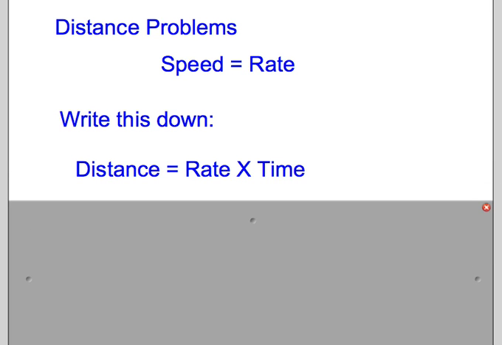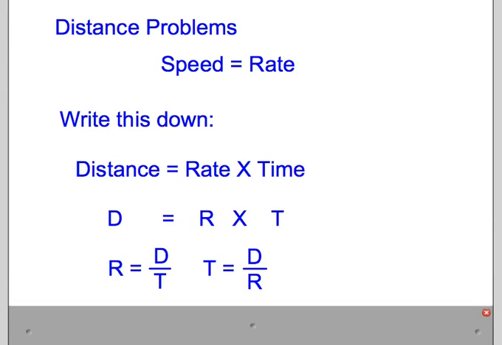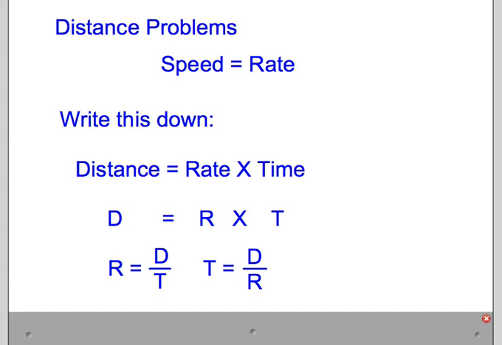Okay, and we have these formulas that you need to write down. Distance is equal to rate times time. And we're going to take the initials off of each of the words and create our formulas with those. But do write that distance equals rate times time. We use d is equal to rate times time for that formula. And then we can solve for rate by taking the distance divided by time, since speed is rate here. You take however far you're traveling over how long it takes to find your rate. And you do the same thing, it's inverted a little bit. Take time, and you can find the time it's going to take to go somewhere or travel is distance divided